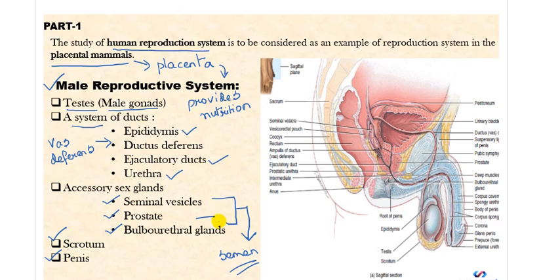Okay, so in this diagram, what you can see, basically it is the whole reproductive system in mammals, right? You can see all the glands, right? What is mentioned here, that is the prostate is there, then there's the epididymis, testis, scrotum, and then there's the penis. Okay, so it is a very detailed diagram of the human reproductive system or the male reproductive system, right? And this is the sagittal plane. Sagittal plane cross section is shown here. Now let's move on.